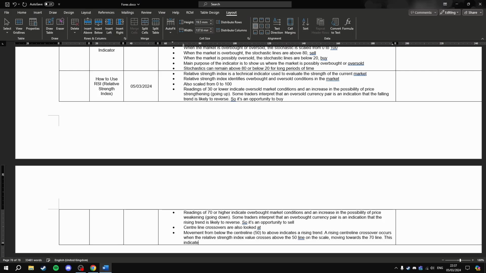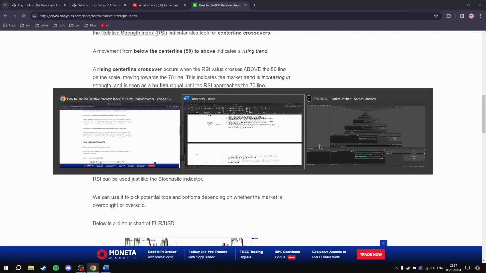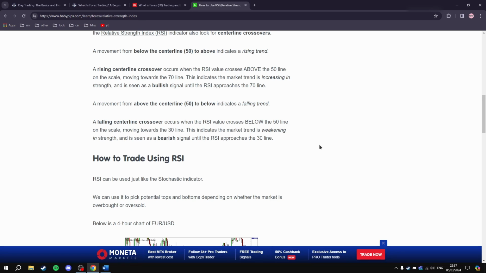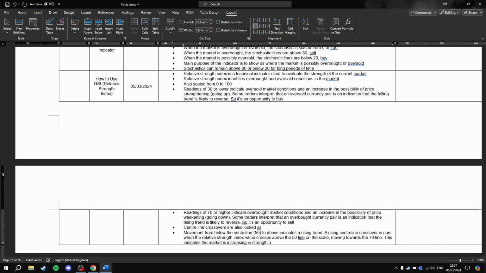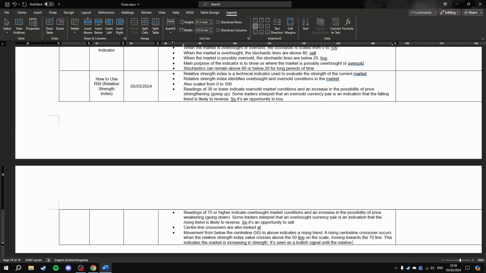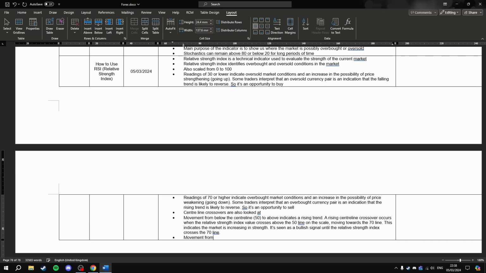This indicates the market is increasing in strength and is seen as a bullish signal until the relative strength index crosses the 70 line. Movement from above the center line 50